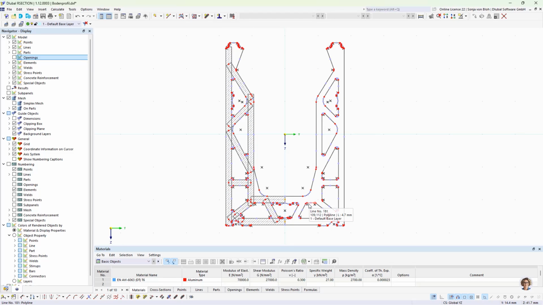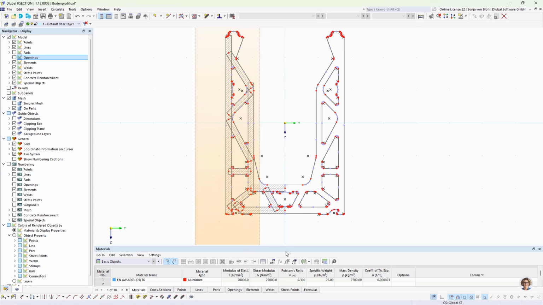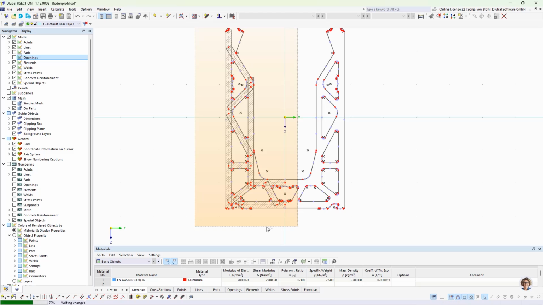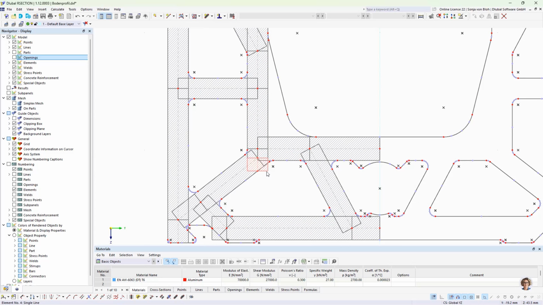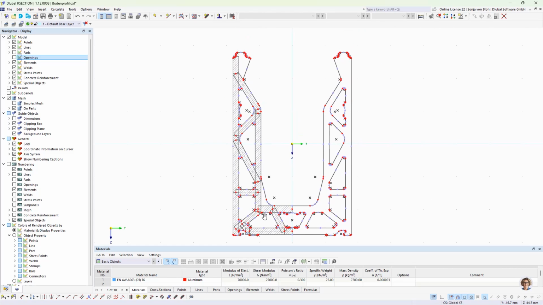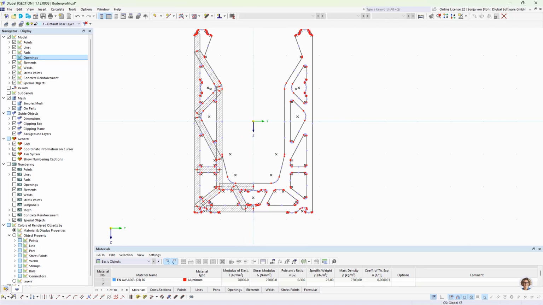The elements are not yet connected. To do this, I use the connected lines and elements function, and I select the entire cross-section using a selection window. I delete 2 redundant elements, this element here. Then I select all elements